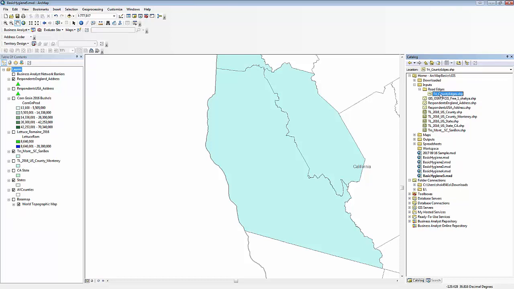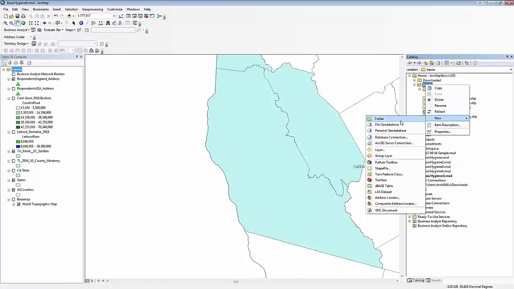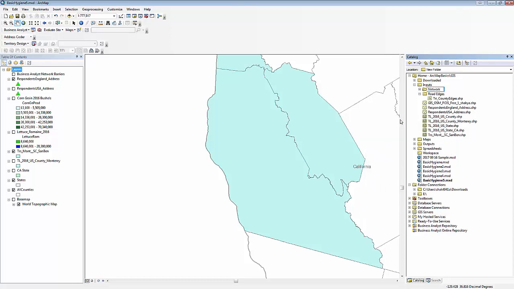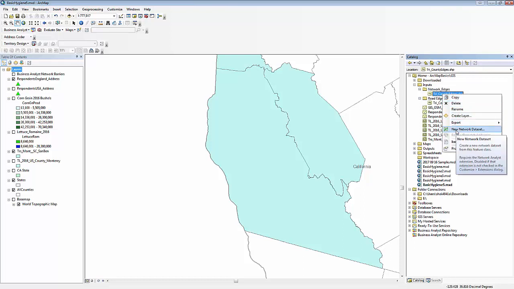Okay, now within this I'm going to create another folder and call it network edges. All I'm trying to do is create a copy of this, but I want to maintain a copy such that if my network file messes up, then it will create a lot of additional sub layers that sometimes do not allow me to delete this. So I want to keep a backup copy here, but this is the copy that I'm going to use to build my network. Right click, new network dataset,